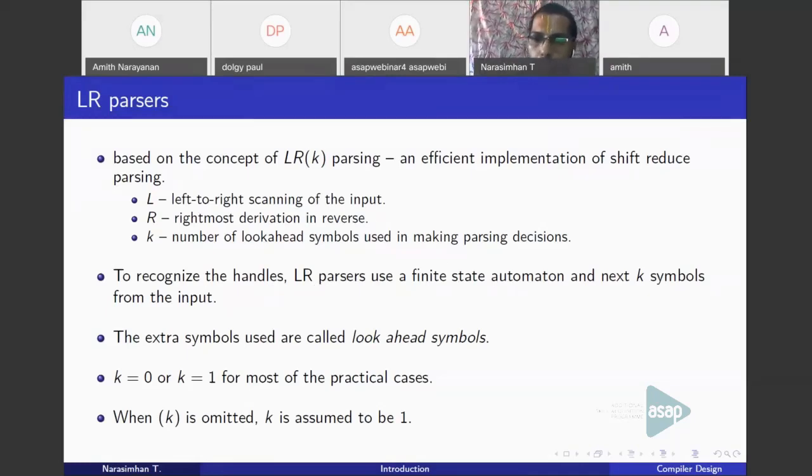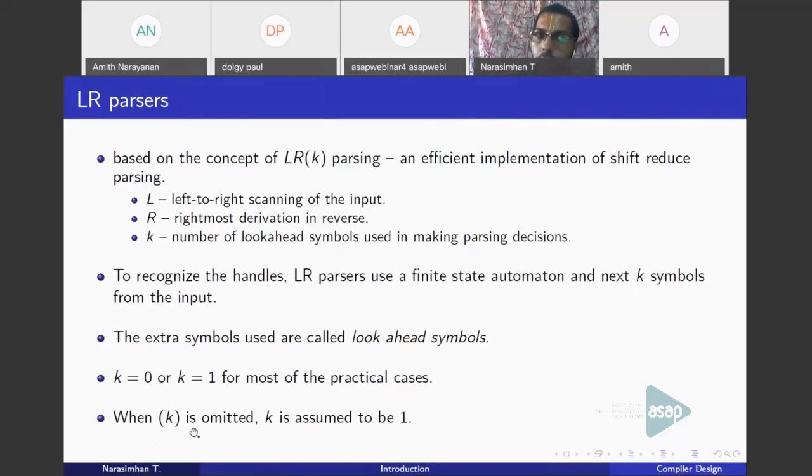The extra K input symbols that you are using for the recognition of handles are known as look-ahead symbols. In LR(k) parsing, we use up to K look-ahead symbols. For most practical cases, K will be equal to 0 or 1. And generally, when the value of K is 1, we don't specify K. This K is omitted.